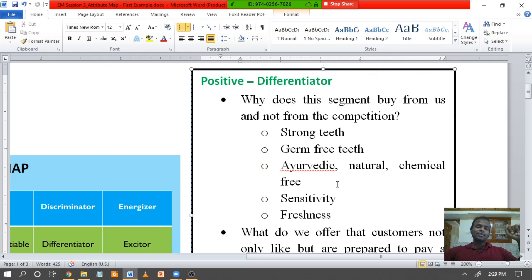When did Patanjali come into existence? If you remember, Patanjali came into existence in 2006 itself, 2004, 5, 6, that time. But only later, by 2010, 12 and all, they started looking at changing customer preferences in India. In 2014, a government favorable to their aspirations came to the center, and with the help of that government they started pitching this product in a very different segment.